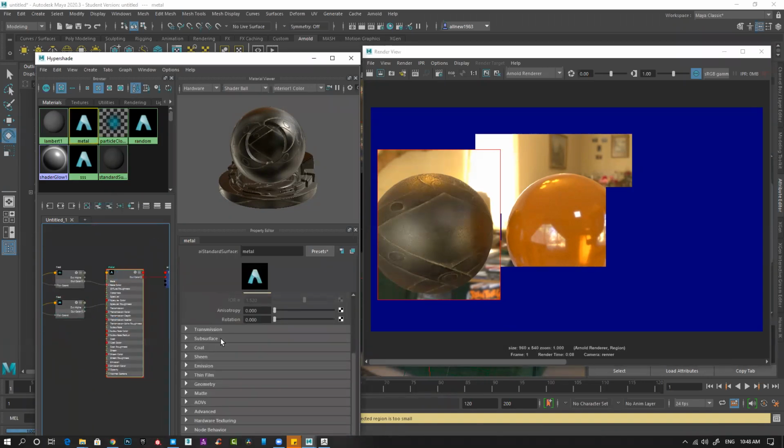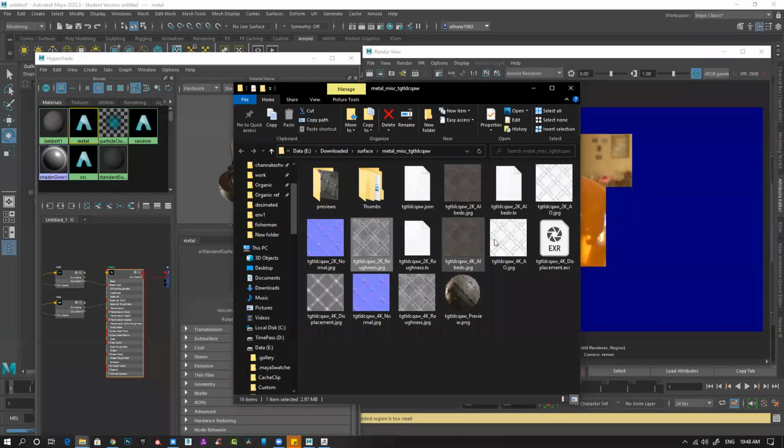Now select this and go back to your map one more time and check what all maps you have. You have a normal map and then you have an ambient occlusion map, right? While rendering, we use ambient occlusion a lot of times, not necessarily all the time, but it gives you a better result, better depth, basically.